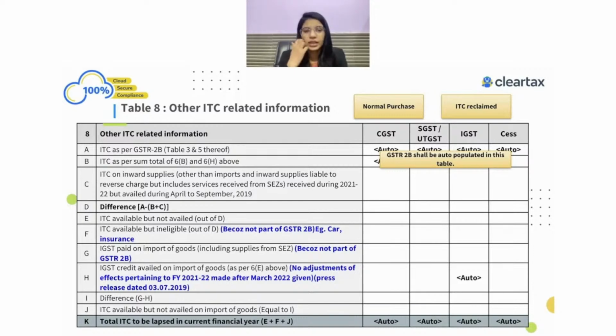Now this hotelier, as per the place of provision, the place of supply provision, is going to charge CGST and SGST, and the place of supply that person is going to show in the invoice issued to me would be the Delhi state. Why? Because we know in case of immovable property, the place of supply is the state in which the immovable property is situated. So in this particular case, the supplier will be showing the place of supply as Delhi,